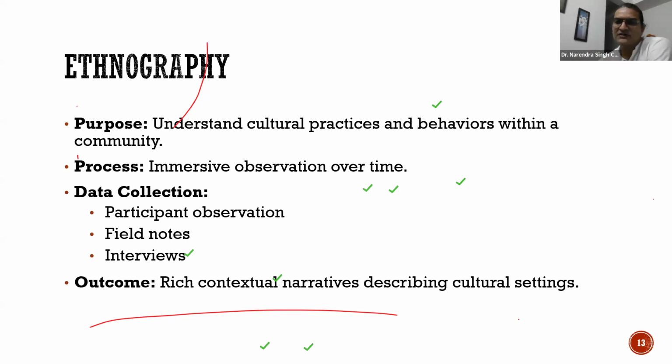Different, absolutely, because different cultures have been there, correct? So when I talk about these kinds of things, somewhere I have to understand why such things have been happening, because their cultures are different.